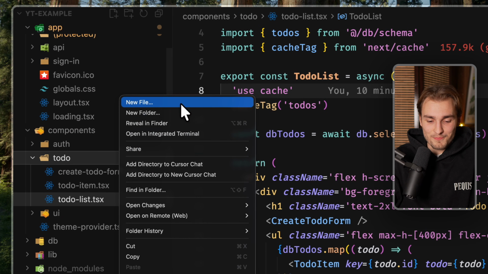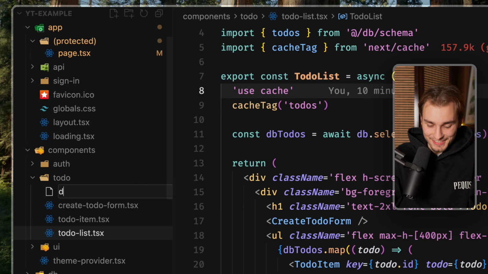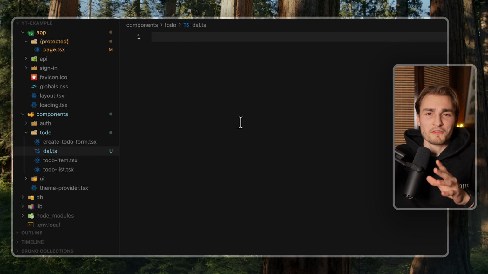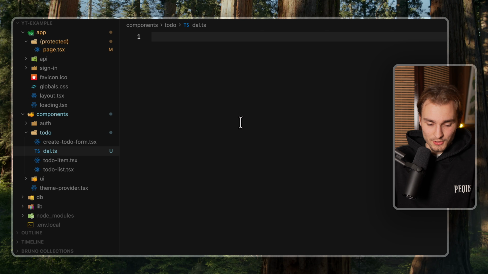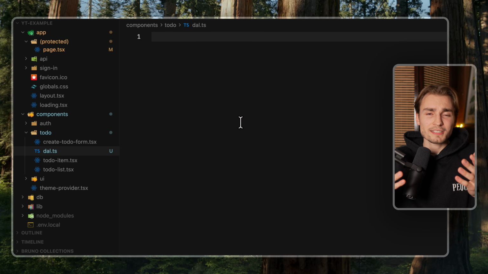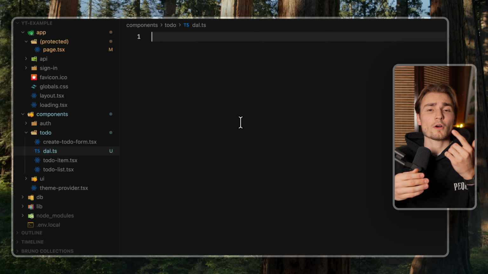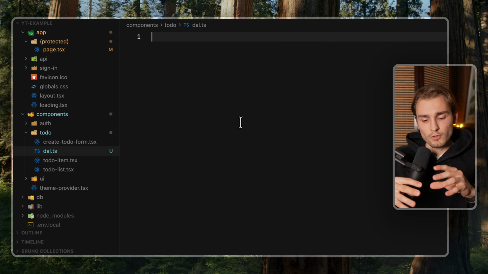A layer can pretty much be anything, like just a file that you call dal.ts. For example, you can call that whatever you want. That is really just up to you. And this dal.ts file is now my access layer. So every time I communicate with my database, either if I request some data or I mutate some data, I always go through this